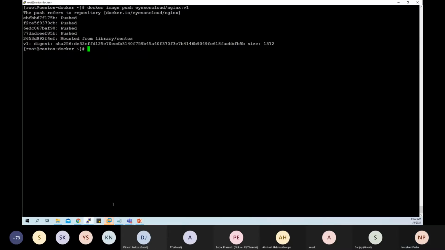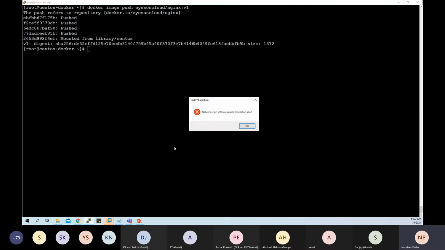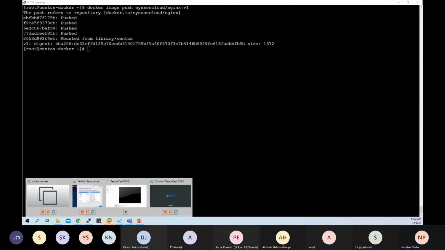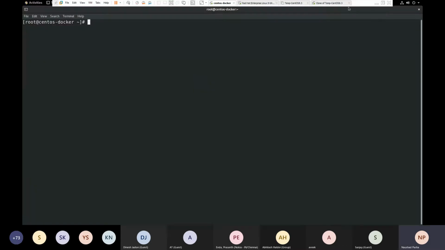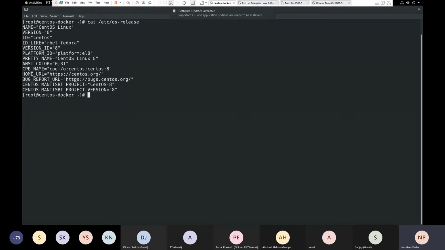So I'll be remote connected to that VM which I just mentioned. Let me show you the kernel version, uname -r. This is 4.10, and this is CentOS version 8.